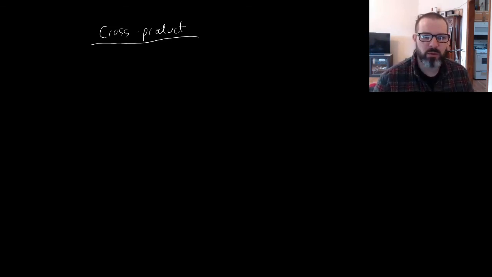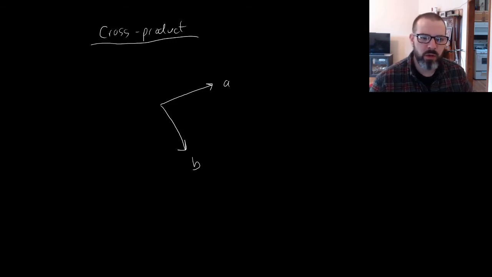But just to give you an idea what a cross product will give you, if you have 2 vectors, we'll say A and B, the cross product will give you a vector that's perpendicular to the plane of those vectors,